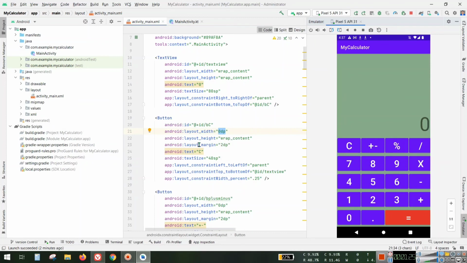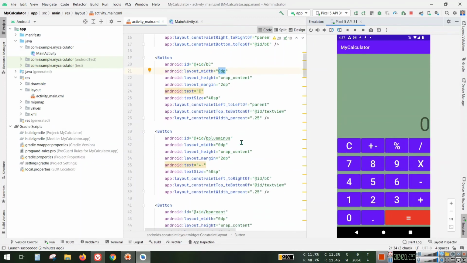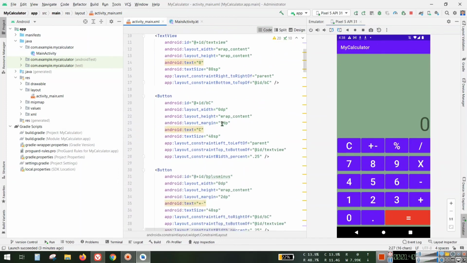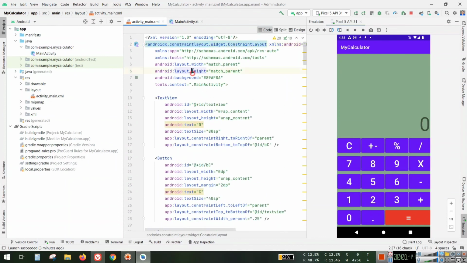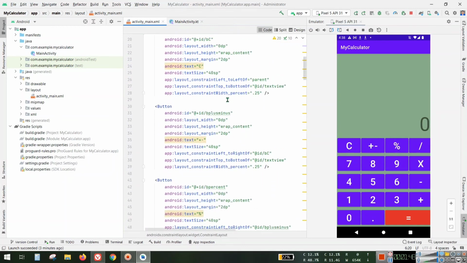Then I have added a new attribute as width percentage. This is actually a particular feature introduced in the constraint layout. Actually, constraint layout is made for this. This is not available in any other layouts. And constraint layout gives you the